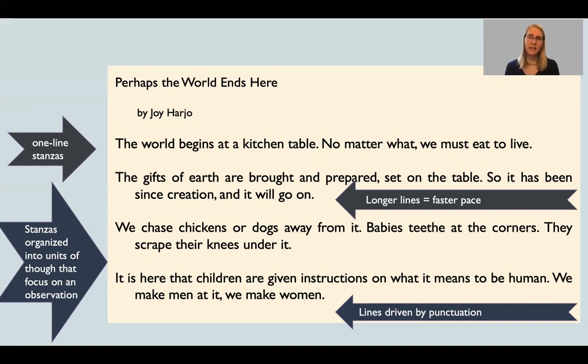And in this, the lines are really driven by punctuation. We're ending on periods at the end of each one of these stanzas, and the only reason why we might break at then is again because of the constraint of our margin. If I made this box bigger, right, it would have a different line break, which I found really interesting.